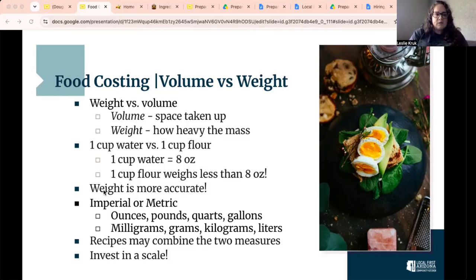Now, let's chat really quickly about the difference between imperial or metric measurements. A lot of times, we interchange both. We primarily use the imperial system, which is ounces, pounds, quarts, gallons, and not so much on the metric side, because it's milligrams, kilograms, liters, milliliters, grams. In baking, I personally use grams for weight because I find it to be more accurate than measuring by portions